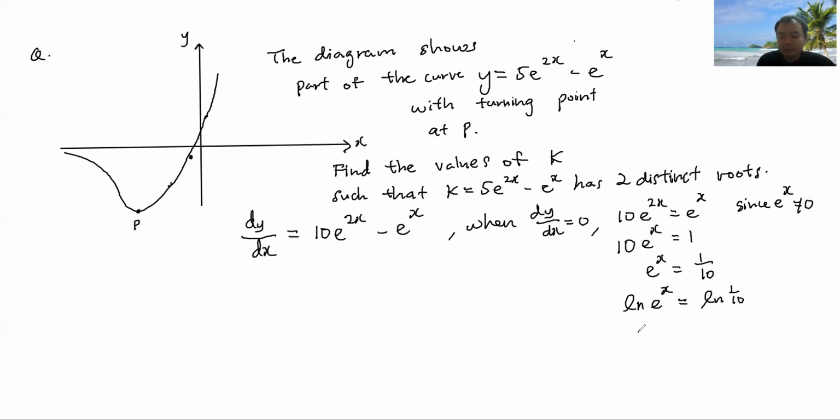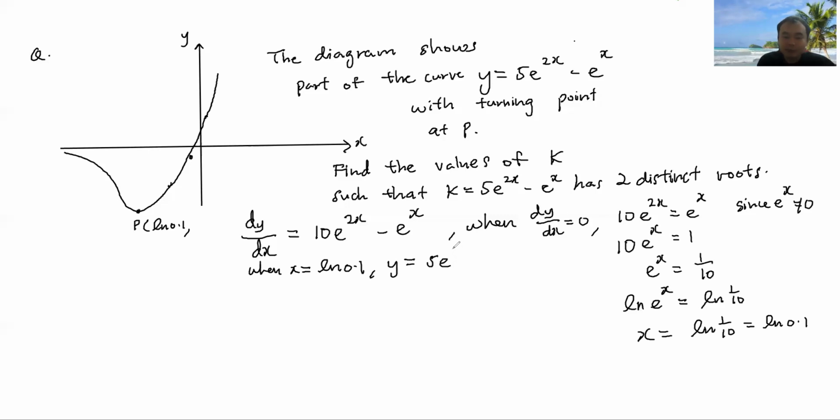So basically x is equal to ln of 1 over 10. If you want, you can say that this is ln of 0.1. Now we know the x coordinate. We want to find the y coordinate. So let's substitute x equals ln 0.1 into our y again. When x equals ln of 0.1, y is equal to